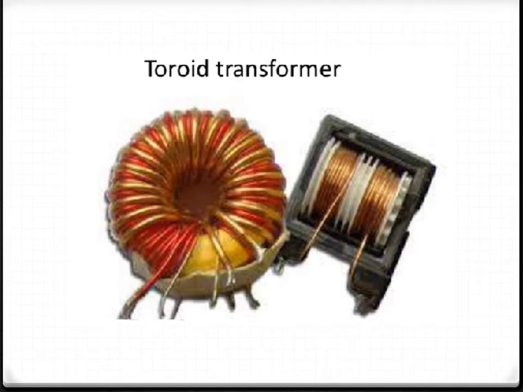Now what is a toroid? A toroid is a solenoid, but it is bent in such a way that its ends are joined together to form a closed ring shape. That is called the toroid. The magnetic field has a constant magnitude inside the toroid, whereas there is an open space interior to the toroid and open space exterior to the toroid, and then inside the toroid. So there are three cases. So what is a toroid? A solenoid bent in such a way that it is joined together to form a closed ring shape.